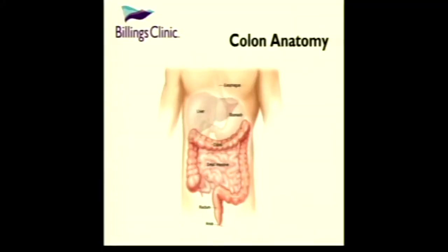We're going to be talking about colon cancer and primarily preventing and diagnosing it, focusing on preventing it. We'll start with a little bit of anatomy. This is kind of the perfect colon there. Most don't look like that. They have a few more curves and swoops and twists, but the